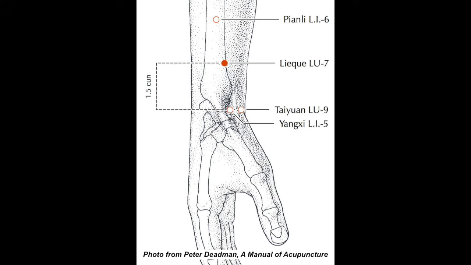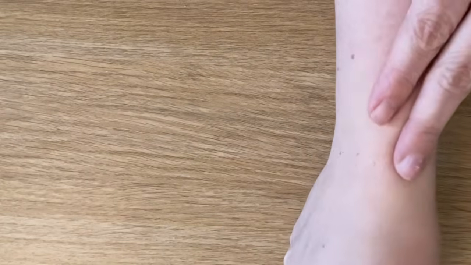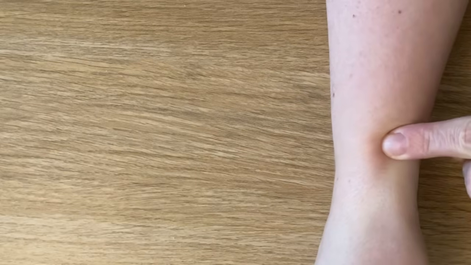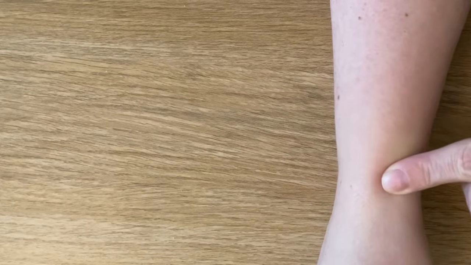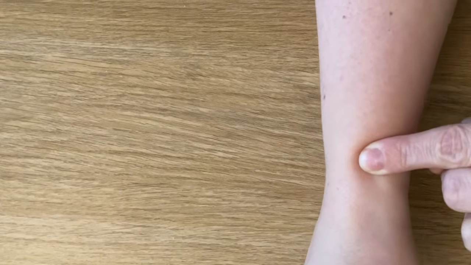So we use it frequently if someone's coming in, maybe they've caught a chill, they're just feeling a little run down. You can just release the wind using lung 7, and you can find it by putting your finger on your wrist bone on the thumb side and sliding it slightly toward the outside of your elbow, right? You'll find that your finger drops right into the top of that bone and into the hollow. And this is lung 7. So when you find these points, you can just press on them. They're likely to be a little bit tender, right?